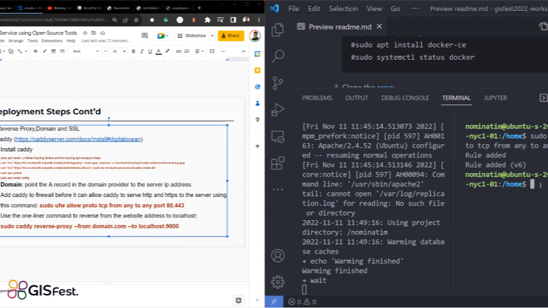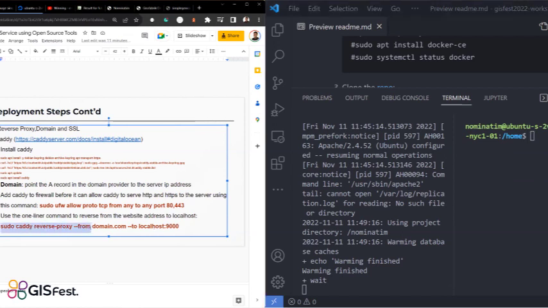And when this is added, we can now run the command to reverse proxy from our domain, which is simplegeocoding.tech, to